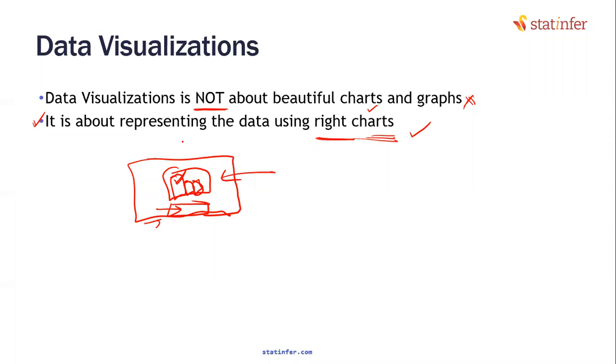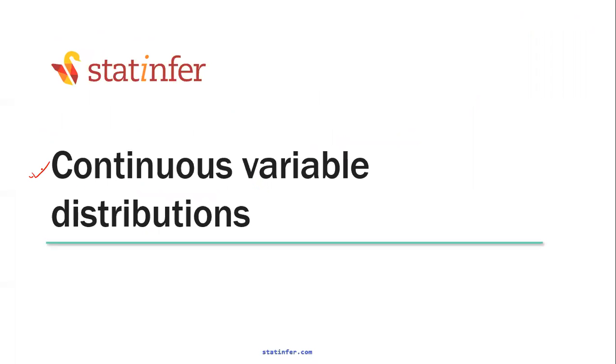Let us see some of the visualization packages and techniques that we can use in Python. We will start one by one. Remember, depending on the type of the variable, our visualization changes. We cannot apply the same type of chart for everything. We will start with continuous variables. What is a continuous variable? Tell me in the chat window in your own words, or give me an example of a continuous variable.